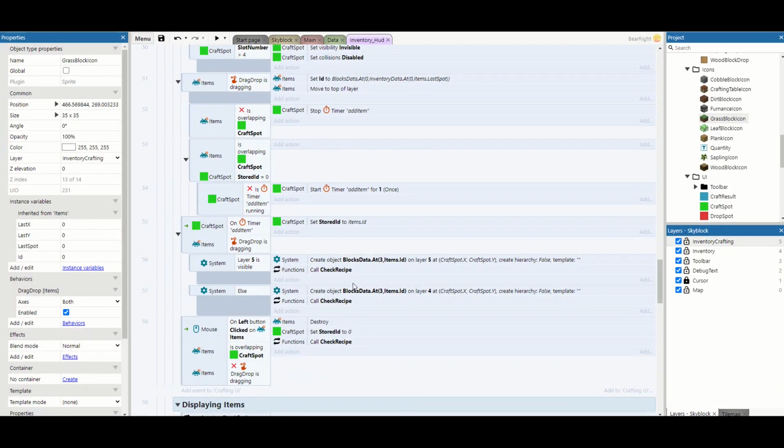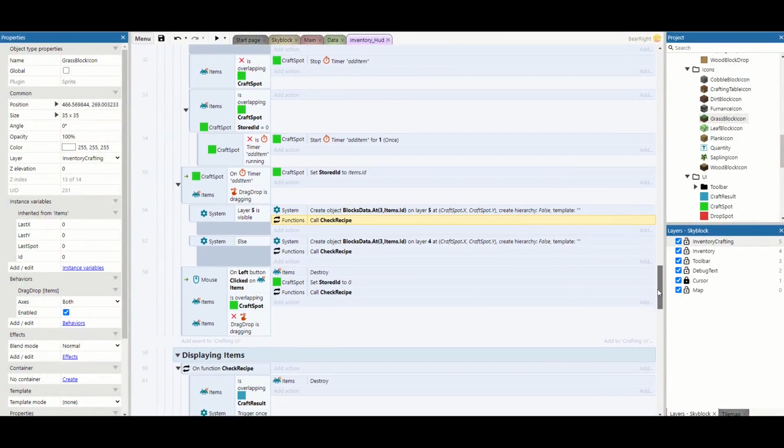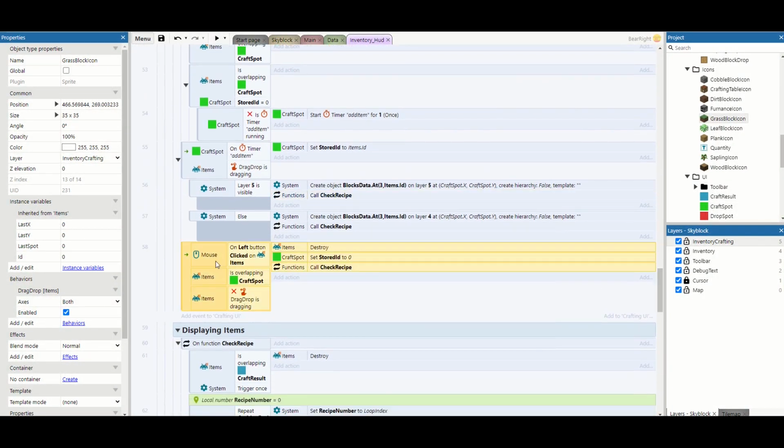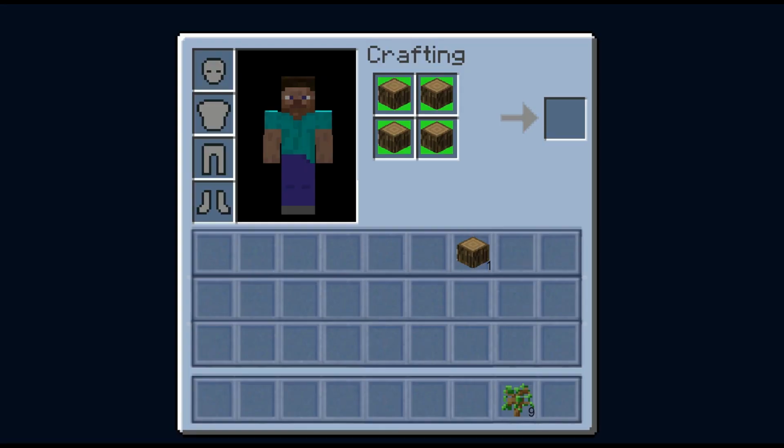So that's all what this bit's doing at the top here. It's just looking up the values to place it. So I'm looking at the block data again and looking at item number 3 to get the right icon. Then I'm calling this thing called check recipe. Now, before we look at the check recipe, the final thing we've got here is on a left click. So if you're clicking on an item that's overlapping the craft spot, all we're going to do is destroy that